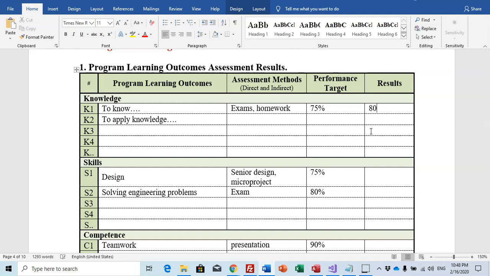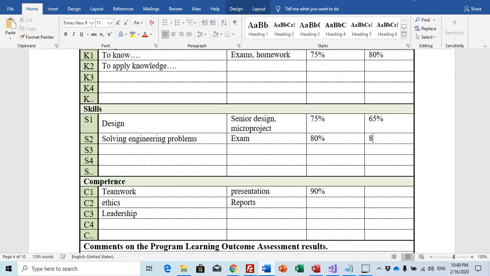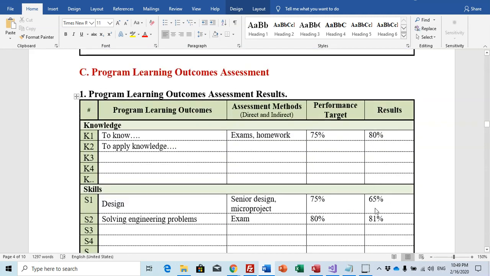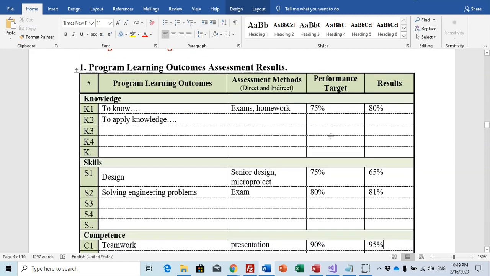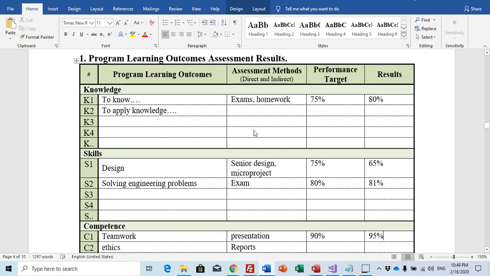For example, this is 80%, this is 65, this is 81, this is, for example, 90, and so on. So this should be taken from the courses, and I think it can be found inside the course report, and take the average for every program learning outcome.